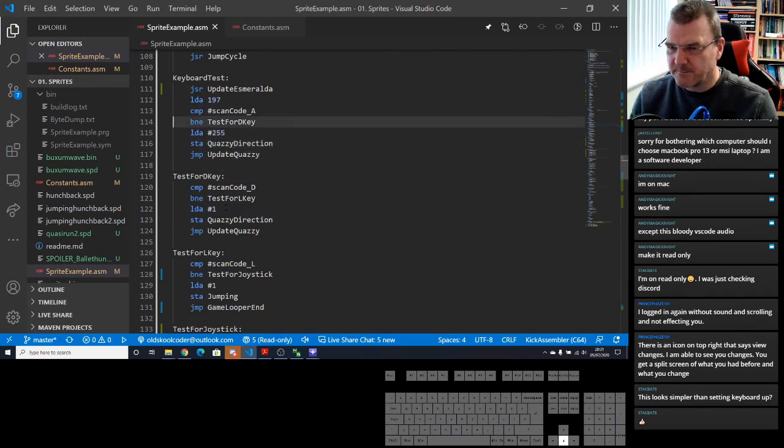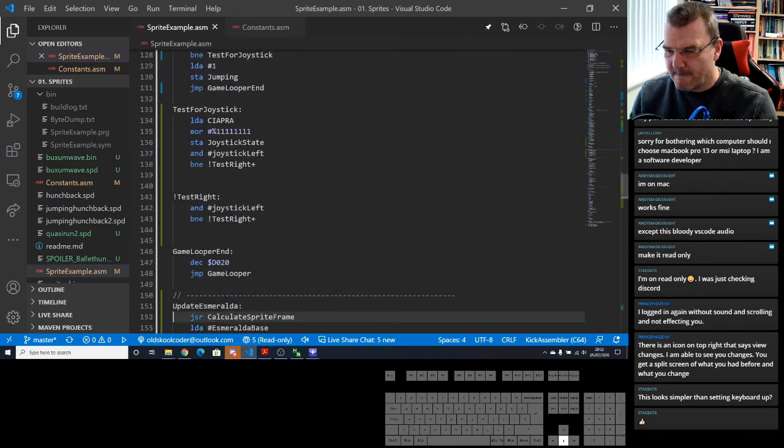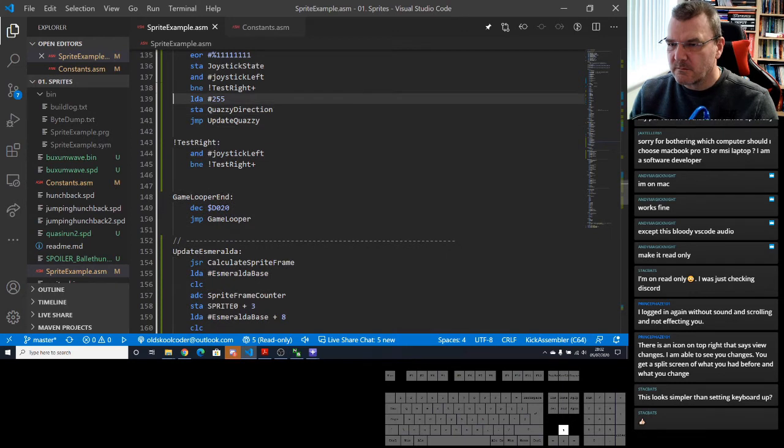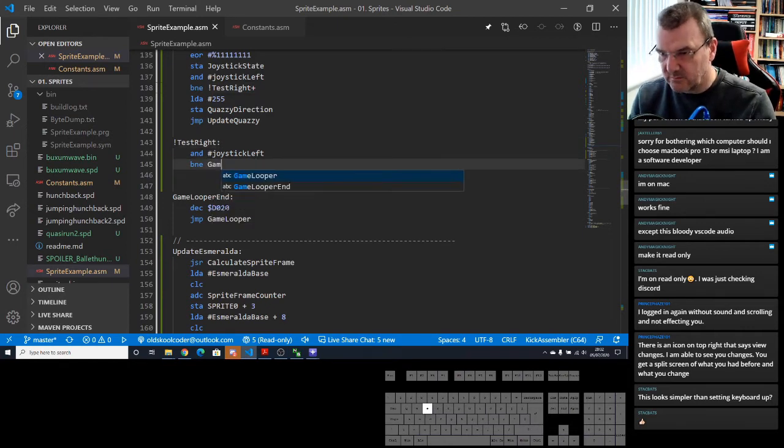That's left. So we're testing for left. It's not equal, so therefore it must be right or a different one. And so if it's not equal to that, then we're going to go to game loop.